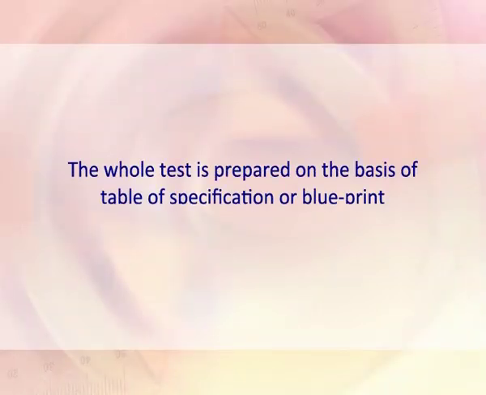The second step is preparing the test. At this stage, different types of items are prepared very carefully. In developing each type of item, related rules and regulations should be followed strictly. The whole test is prepared on the basis of the table of specification or blueprint of the test. Some of the most important points to be kept in mind while preparing the test, as mentioned by Stanley, are: